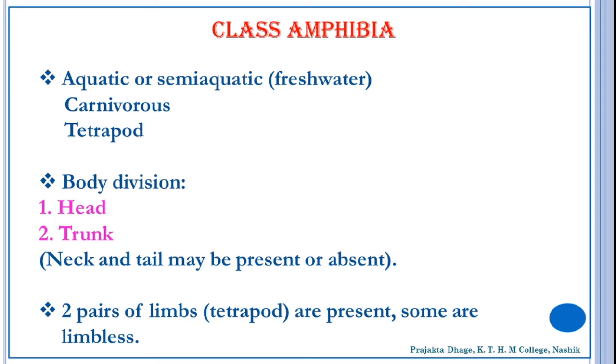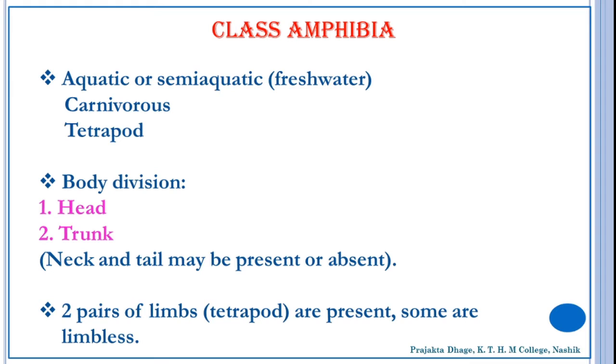The frog will spend some of its time in water, some of its time on land. It is able to survive both on land as well as in water. That is why aquatic or semi-aquatic; you will find them in fresh waters. Now these are carnivorous organisms and they are tetrapods having two pairs of limbs. So they are aquatic or semi-aquatic carnivorous tetrapod